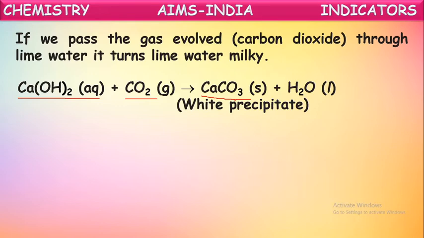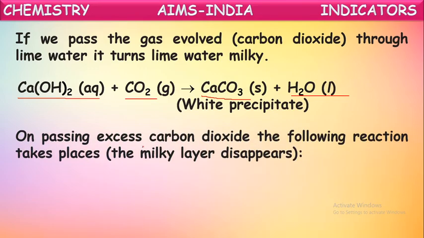It floats on the water like a thin layer. That is nothing but the milky layer. The milky layer is because of the formation of calcium carbonate. This calcium carbonate is a white substance which is insoluble in water, so it appears like a milky layer on the calcium hydroxide solution. Water also will be formed. Now, if we pass some more carbon dioxide, that is, excess carbon dioxide, the following